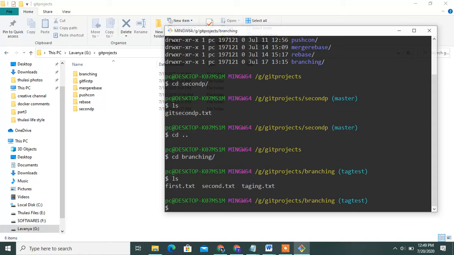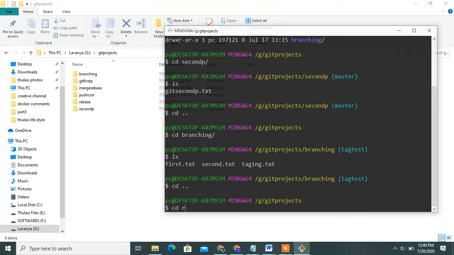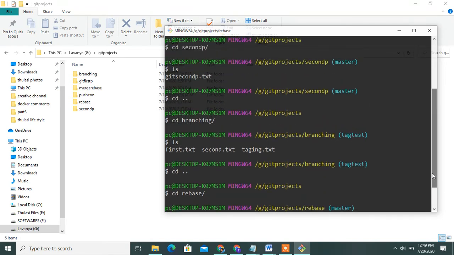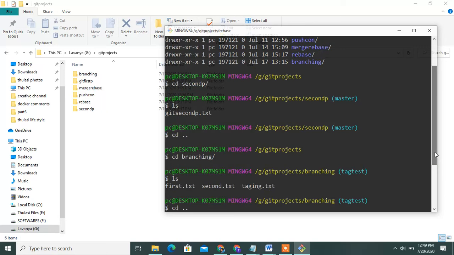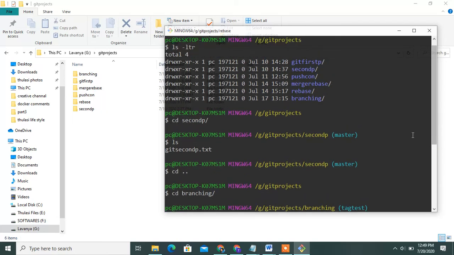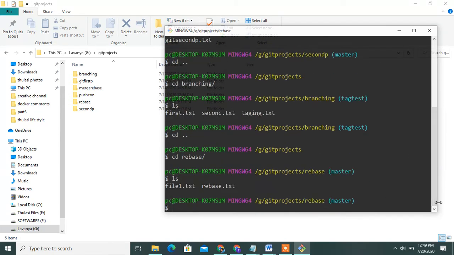First, second, tagging, previous also. These are all 2 files. Anyway, go to the second project.